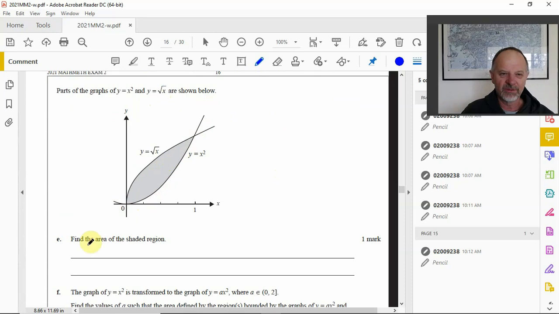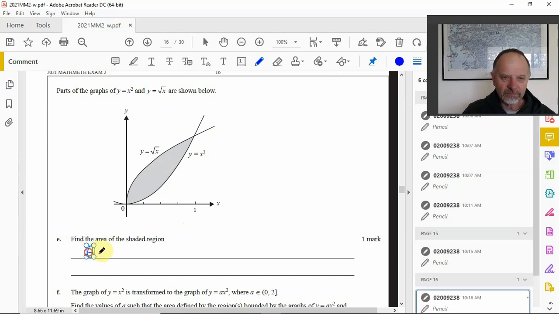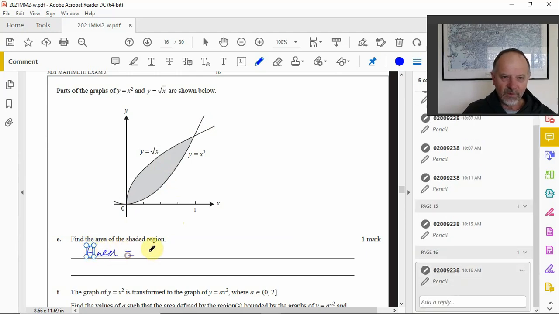All right, there's a number of different ways that you could find that area. One of them would be the area underneath the root graph, which is the integral from 0 to 1 of root x dx